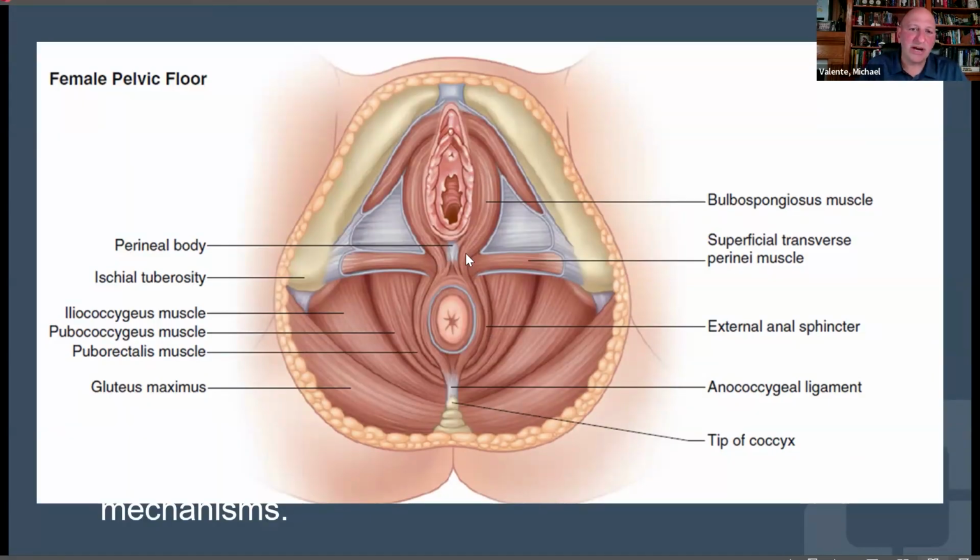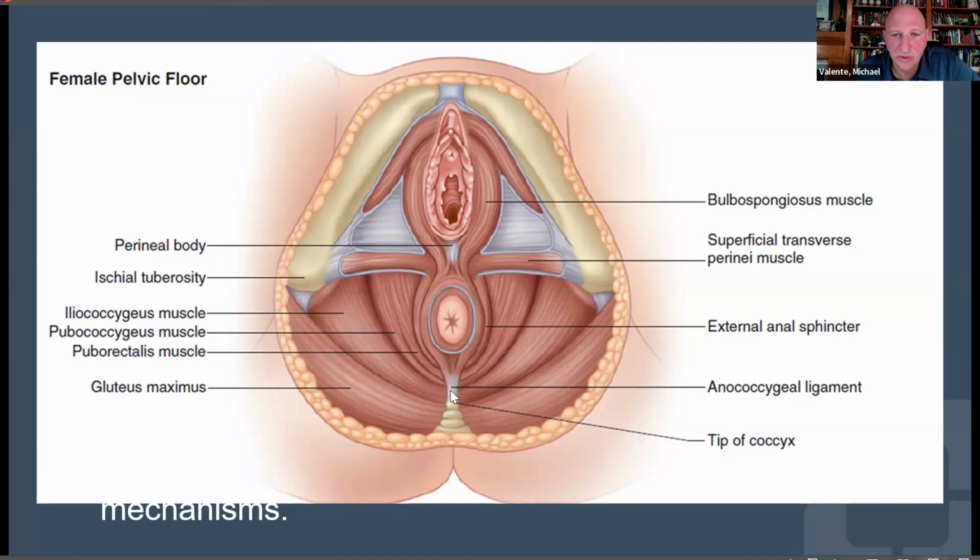Perineal body strength, size, and shape change throughout our lifetimes. As you're younger versus older, it gets a little bit weaker. Of course, as we get older, with pelvic floor laxity, all the muscles tend to get a little bit weaker. And here we have the pelvic floor musculature showing